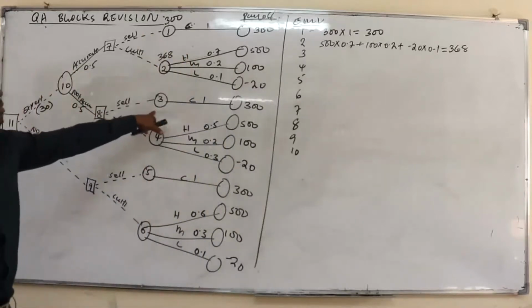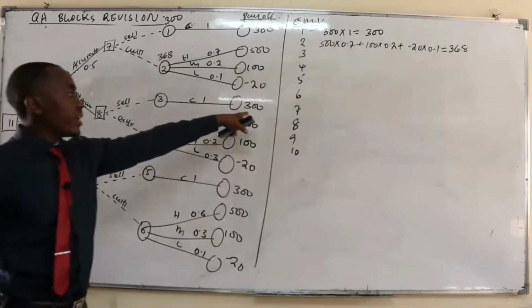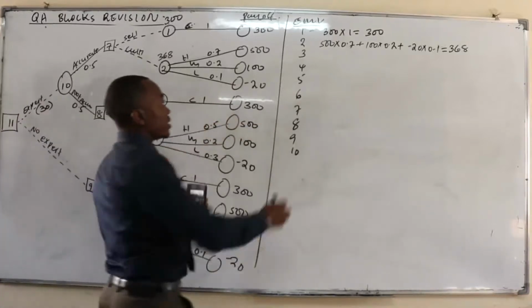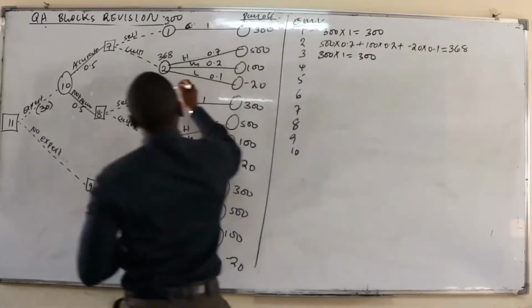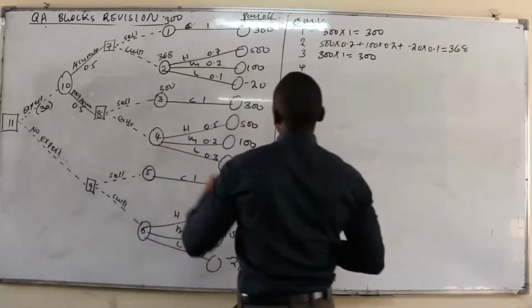Node 3 has only one outcome. You can get 300,000 with probability of 1. So 300 times 1, you get 300. So node 3, we have EMV of 300. Node 4,